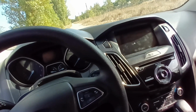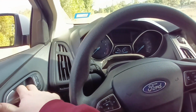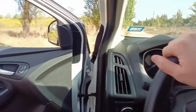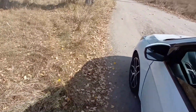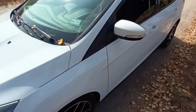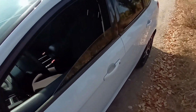The PowerShift transmission is not as good as you may want it to be. So if you get this P2872 code, you may be sure that the problem is with the clutch. It's slipping. Usually it happens in these cars at about 100,000 miles, or maybe 90,000 miles. If this happens to your Focus,